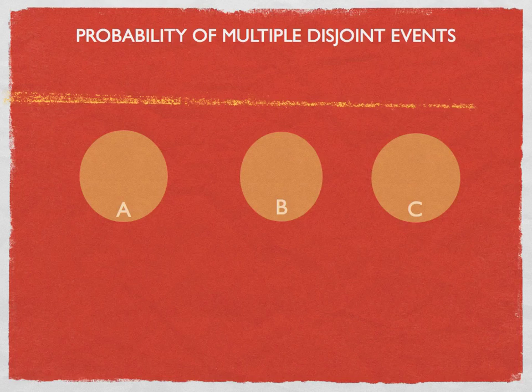So let me visually represent what I just said. Okay, so we have event A, event B, and event C. And you notice they don't overlap. That means they're disjoint. They will not have outcomes in common. So we can extend the addition rule to this. So the probability of one or more